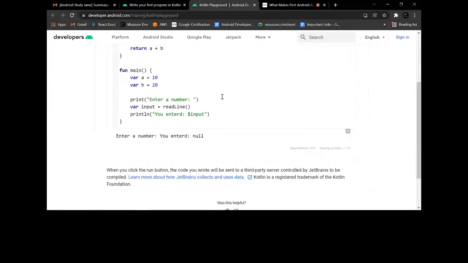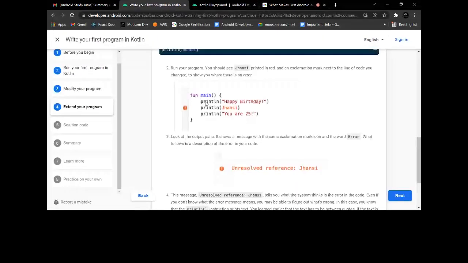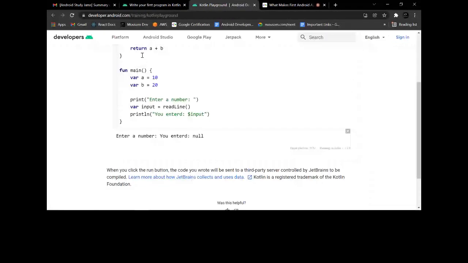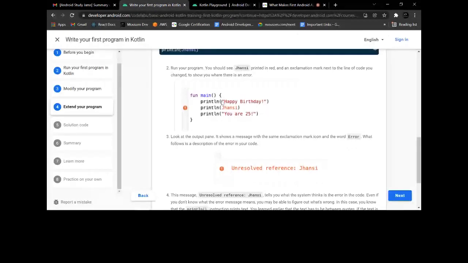So all these things are over there, you can check. All the things are explained over there. You just go through these documentations and you can check, and don't just go through this. Just open your Kotlin playground and do all kinds of stuff, play with that, and you will know how these things are happening.